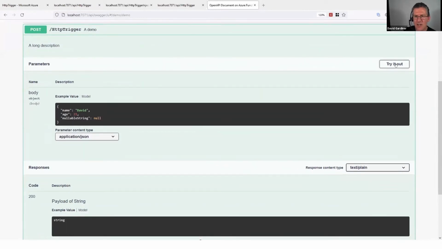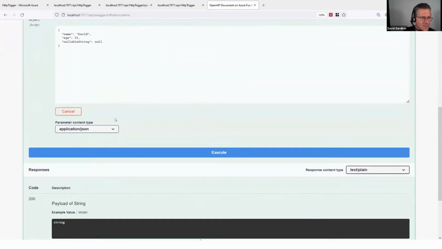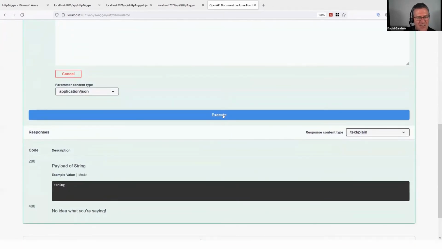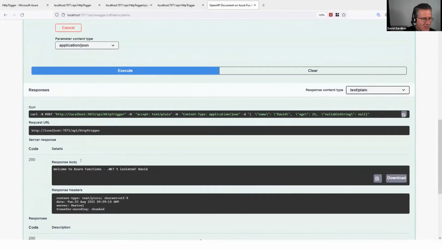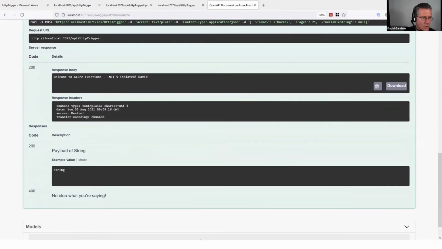And we can even try it out. So we click on try it out and it populates the data there with the example by default. That's not quite my age, but I'm sure there's someone who's 21 whose name's David around the place. And I can hit execute and there's our response. Now, interesting to note that we've also documented what are the actual responses. So if we jump back to our code,